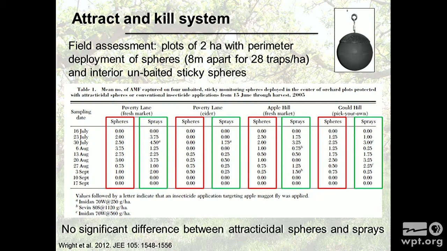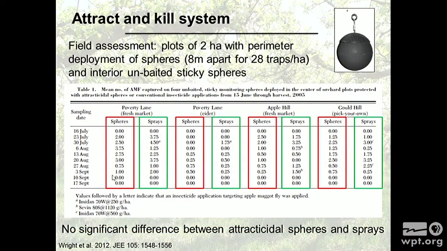So what they found here, there's the different sampling dates on the left-hand side here, and here are the 4 different farms. What I surrounded in red are the treatments where they put those spheres. So again, it's the sphere, the better sphere that they're testing, right? I shouldn't say better. The one they were hoping would be better, but seems to be so far. And they, so that little cap, not the cylinder. And they put those traps, and then in the other plot, at the same orchard, they did insecticide spray. So they compared the 2.